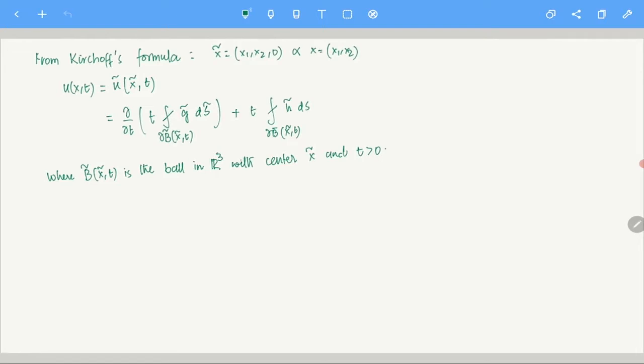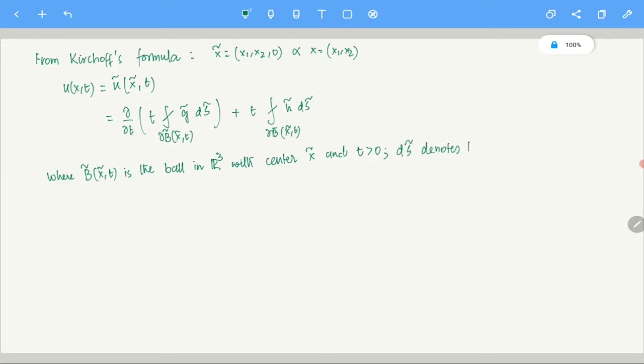Okay, right? And of course, what is ds? Sorry, here it is ds tilde. Okay, and of course, let me write it here, ds tilde. Okay, this denotes the, this is very important.